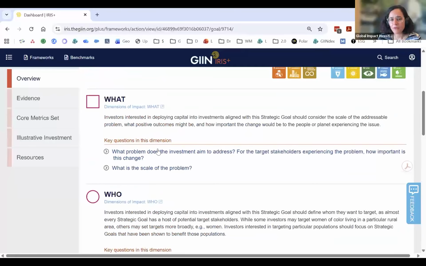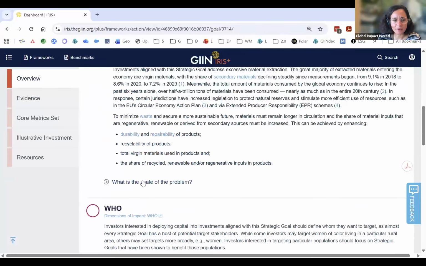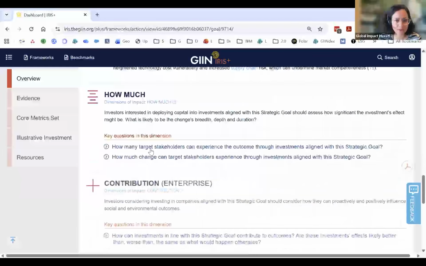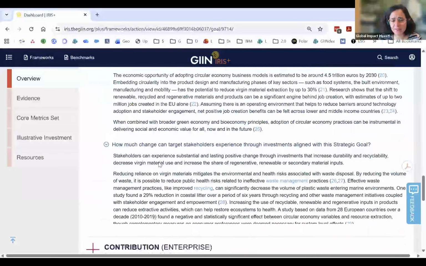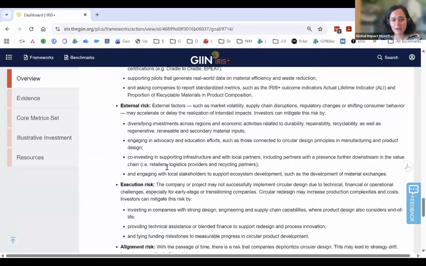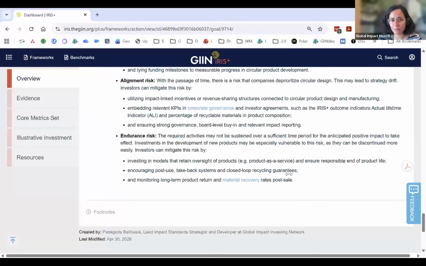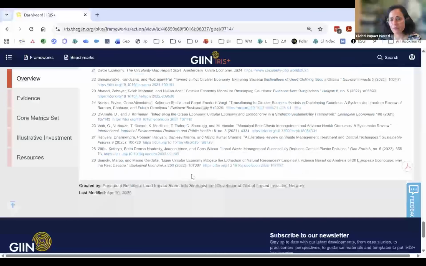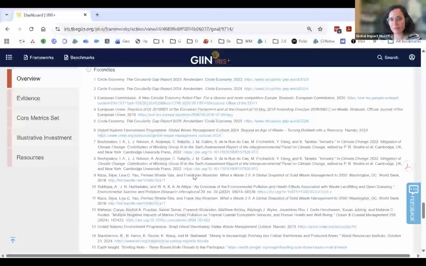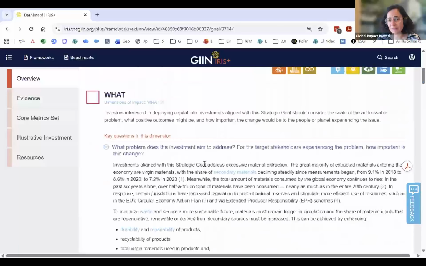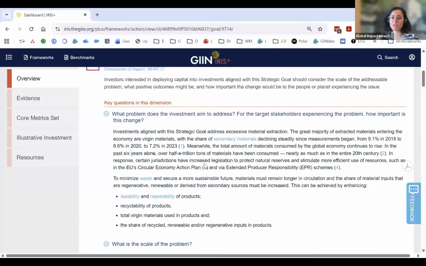But the bigger part of the content you will find here, and you can explore it by just unfolding the content, is narrative sections that explain why this topic is important from an impact perspective, and do so with a number of references and footnotes that you can follow up with, and including a lot of data and statistics for this impact theme because it's the most recent one. These are also fairly recent.